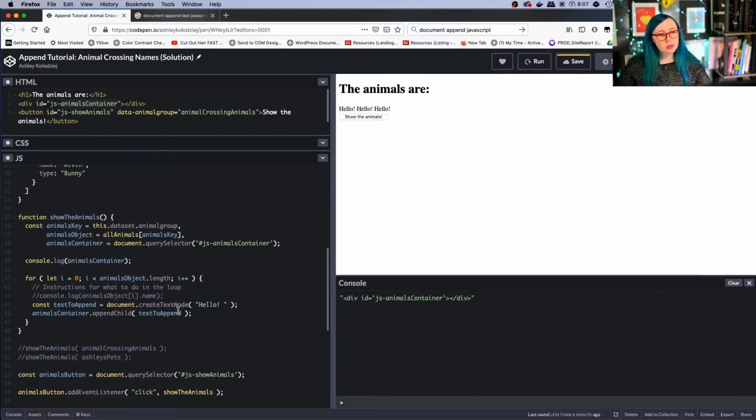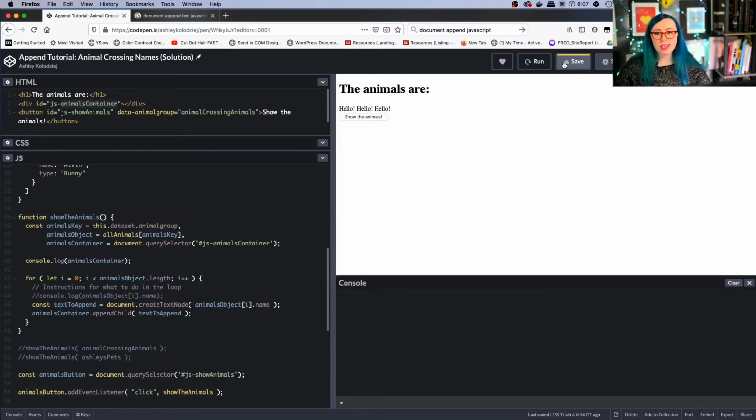All right, so what do we have here? We've got some sort of text showing up where we want it, but we really want it to be the animal's object name. So let's try and make that jump right now. This is a good time to make that jump. In our for loop on line 44, you should see that console.log statement. I want you to copy the name, animals object at i.name, and instead of placing hello in here in quotes, I want you to just paste in that animal's object name, and we're going to see what that gets us.